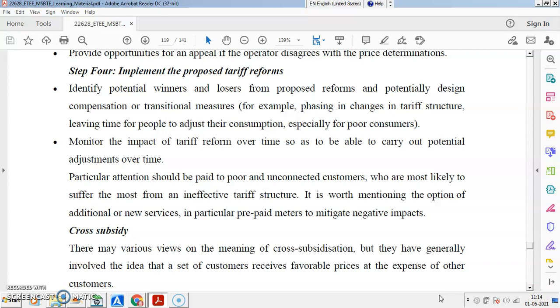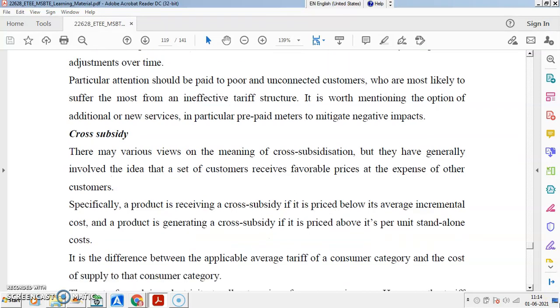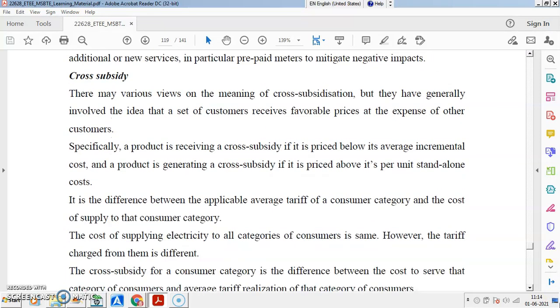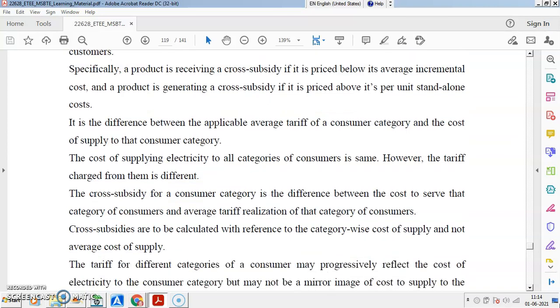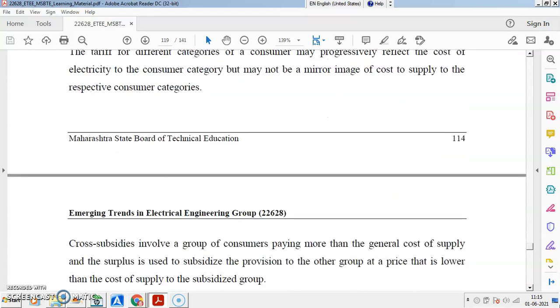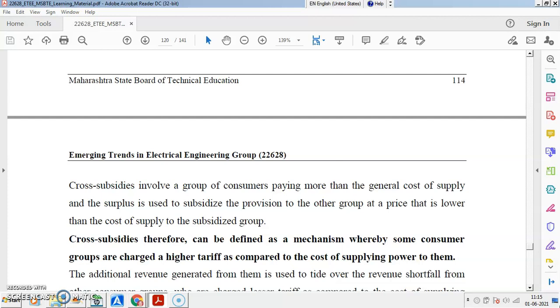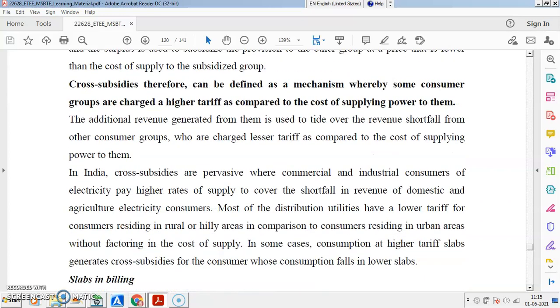Cross subsidies are also considered regarding the poor consumers. So that is also something you have to take into account. You have to specify, because the subsidy money comes from the government. The cost of supplying electricity to categories, then cross subsidies, category of consumer, average tariff, agricultural consumer, revenue reconciliation. So all these parameters are considered in this. Therefore you have to go for the design of the tariff by considering all this, and you have to implement the tariff accordingly. Okay, any doubt?